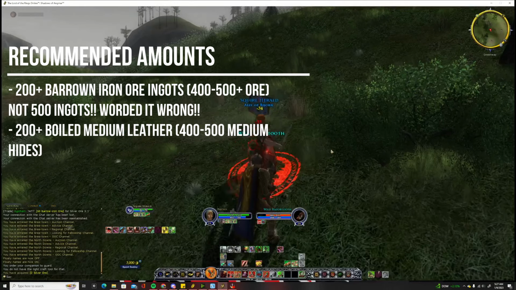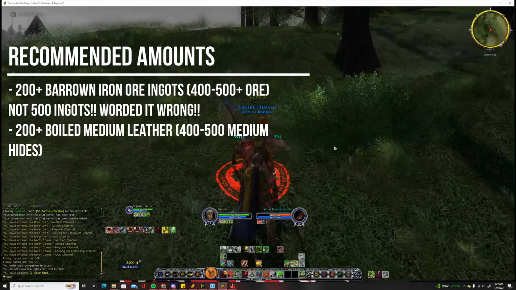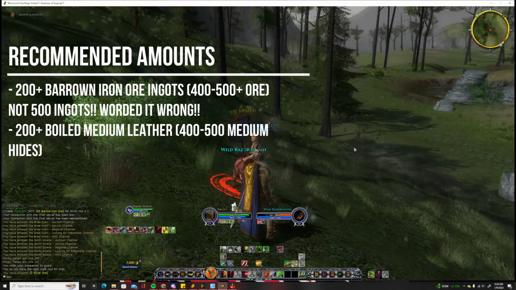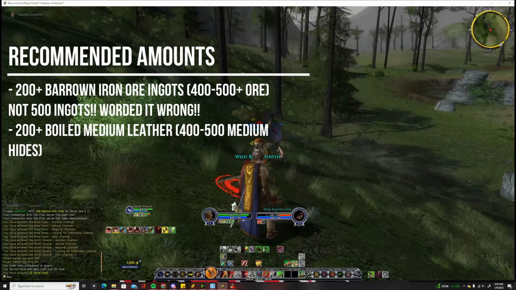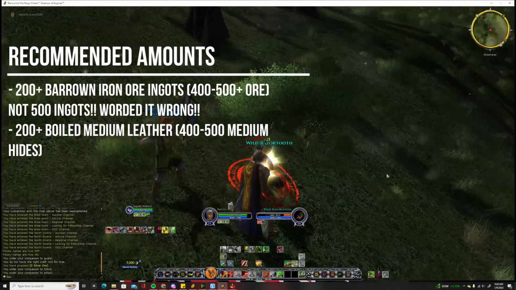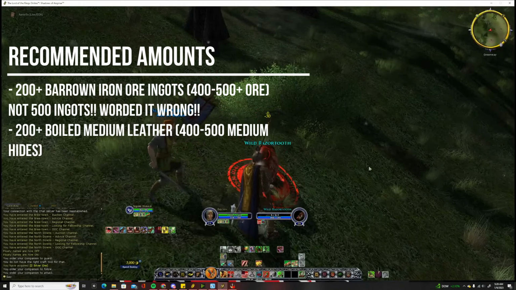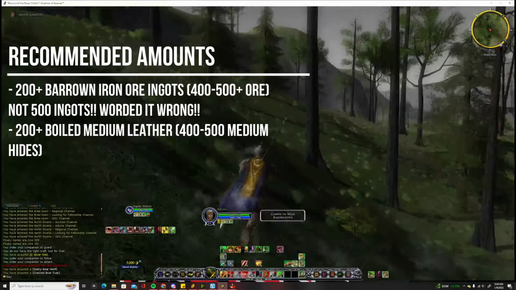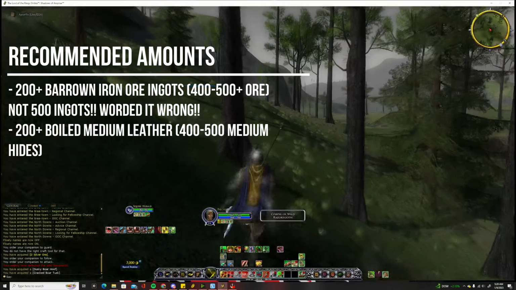Silver ingots you can't use for anything. Your best bet is to see if you can either sell them on the auction house and then just buy barrel iron ingots on the auction house for the silver, or find someone who's willing to trade their barrel iron ingots for your silver, like someone who's a jeweler who doesn't need the barrel iron ingots. That could be a good thing, but I would recommend having at least upwards of 600 barrel iron ingots